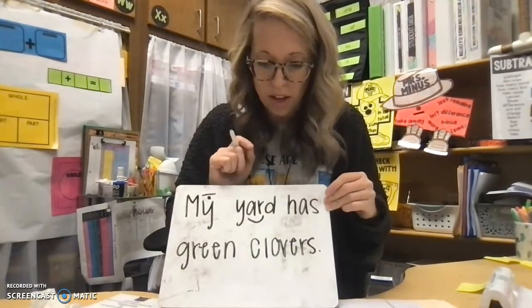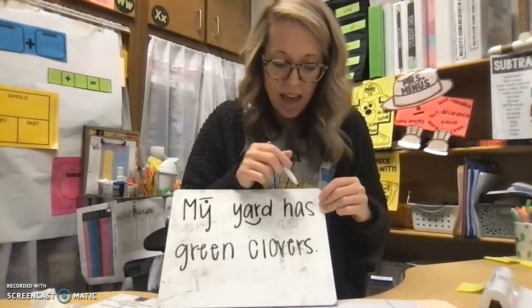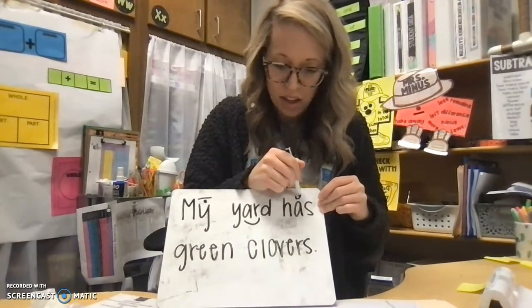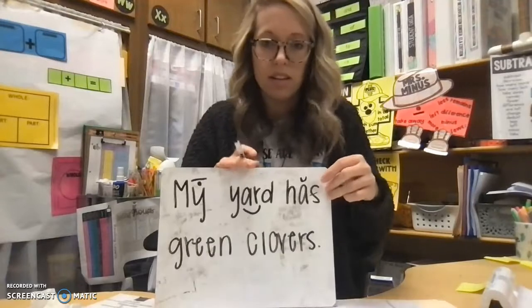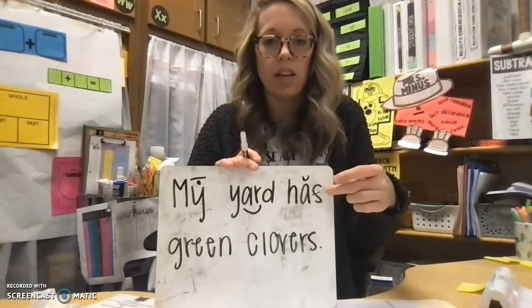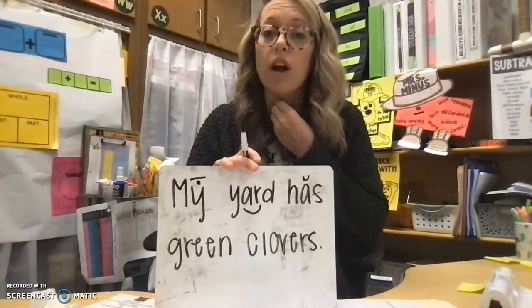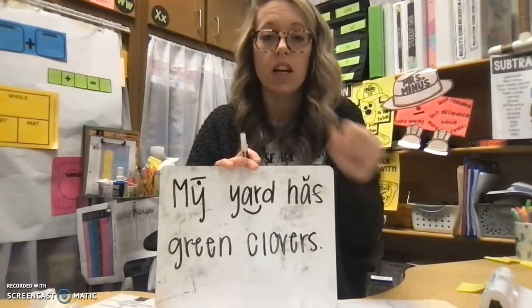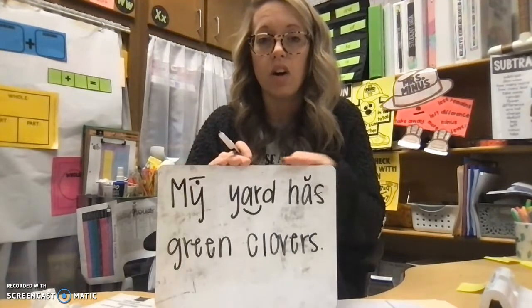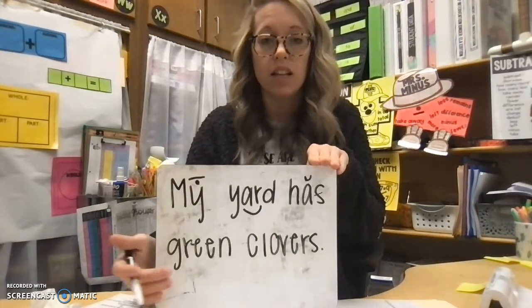And then let's look at this word. This is a sight word. This is the word as, and you can sound that out. As. Okay? And I put that voice line on the S because the S is making the Z sound, so it's making the voice, your vocal cords will vibrate when you say that sound, so we put the voice line on it. So let's read it. Ready? My yard has,